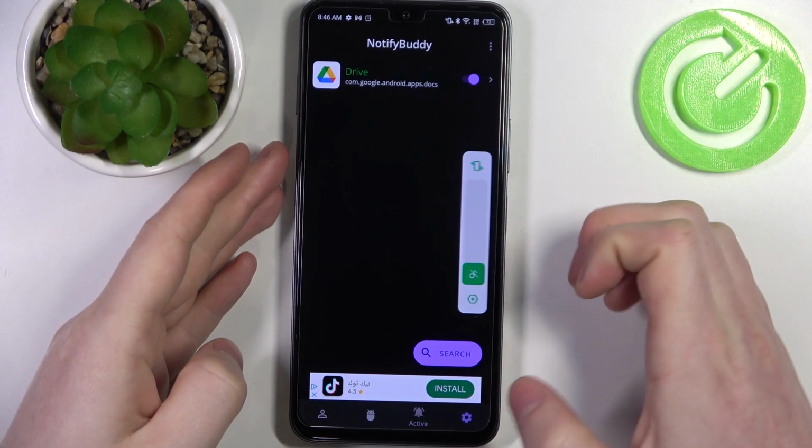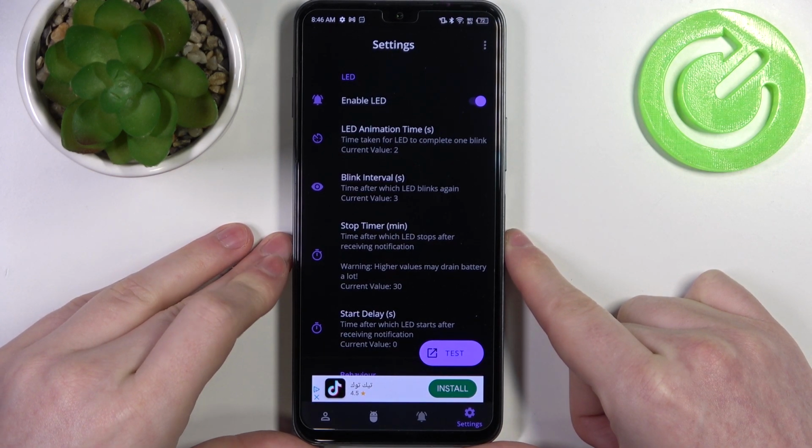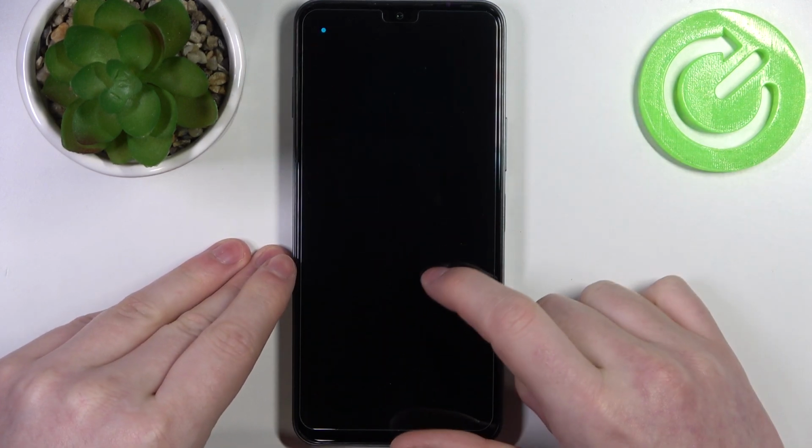And when you go to the settings, you can customize the LED lamp with different size, shape, placement on the screen or color. Click on the test button to see the LED lamp, it's right here. And that's it for this